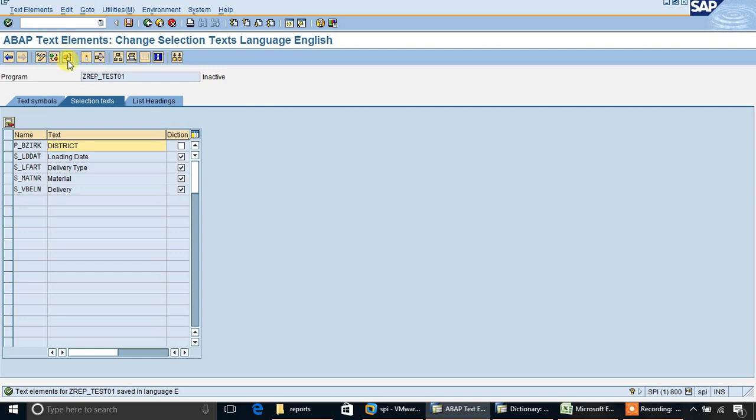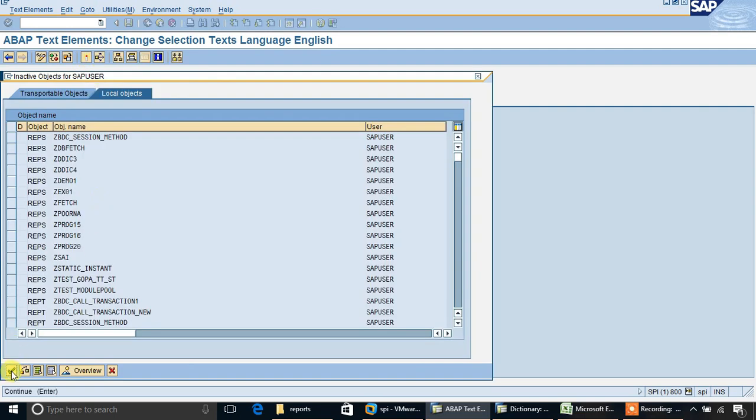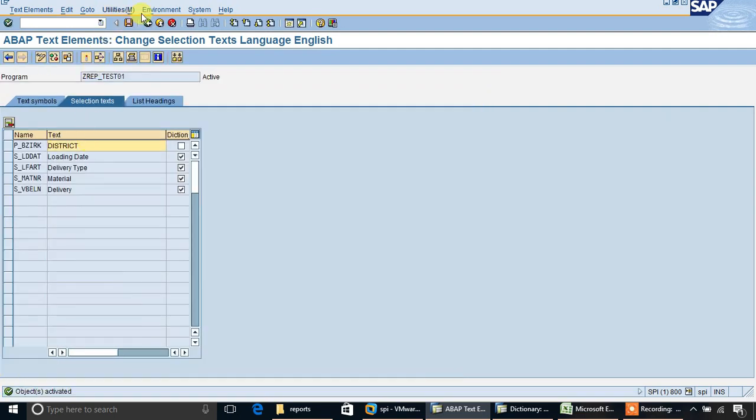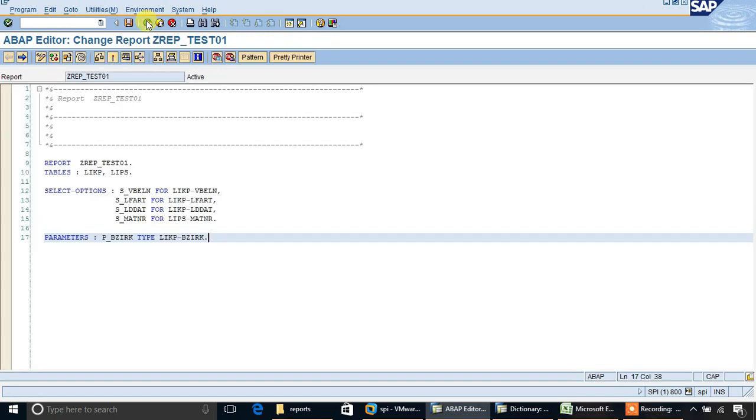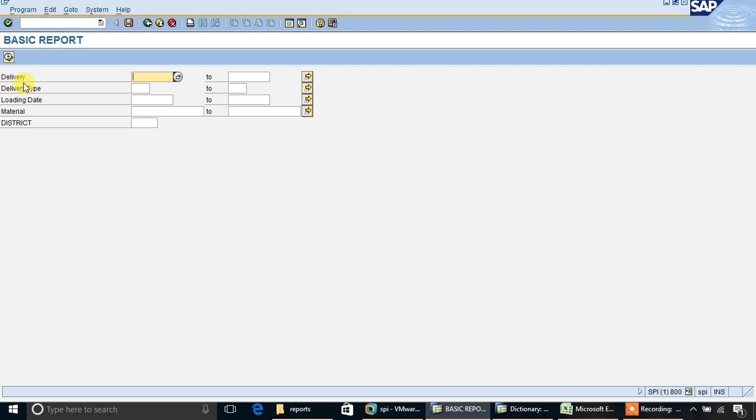Again save, check and activate. Now execute the program. Now you can see the proper description of select option and parameter.